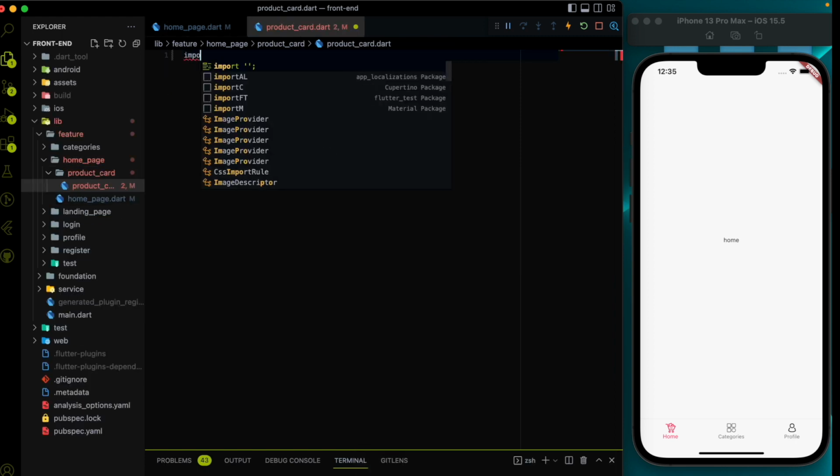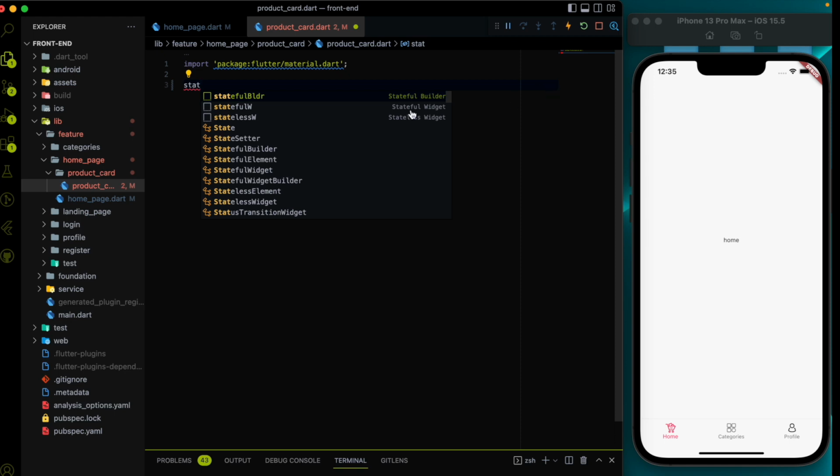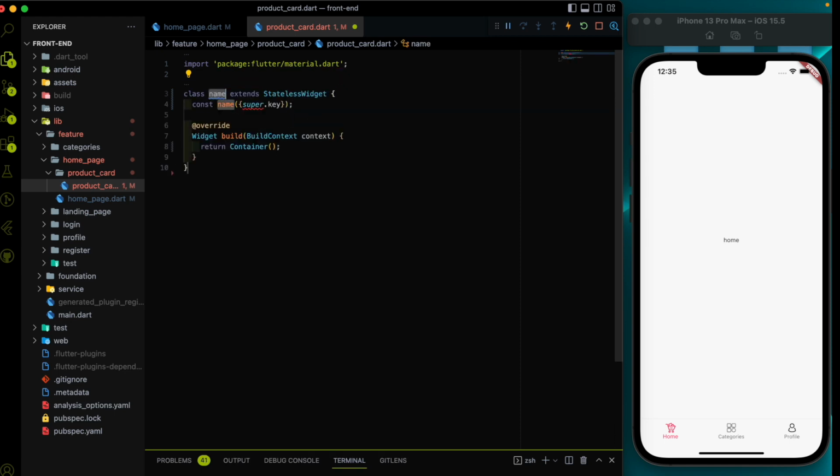Let's import the material.dart package, because for anything we want to do, we need to import material.dart. Let's use a stateless widget because we are just going to show the UI right now, not maintain any state. So product card will be the name, and this will give an error because we are